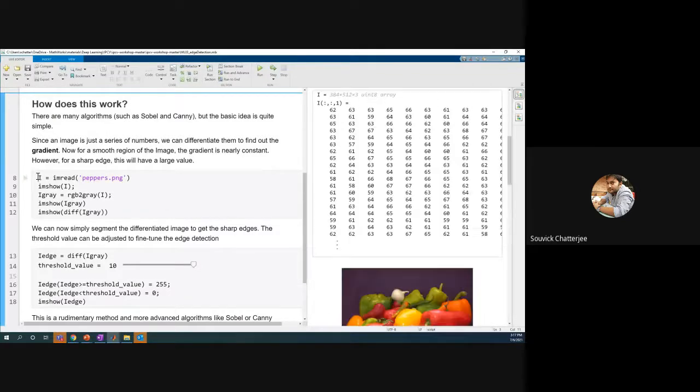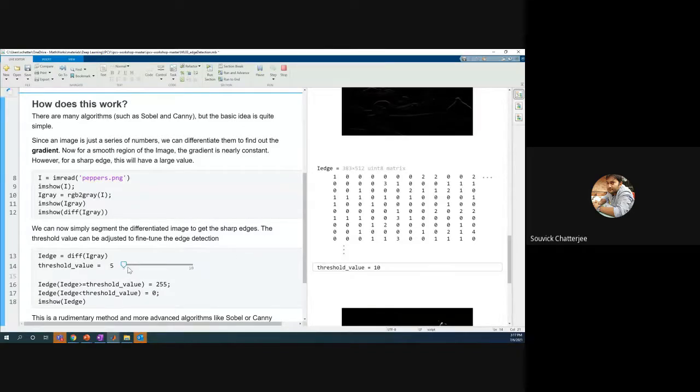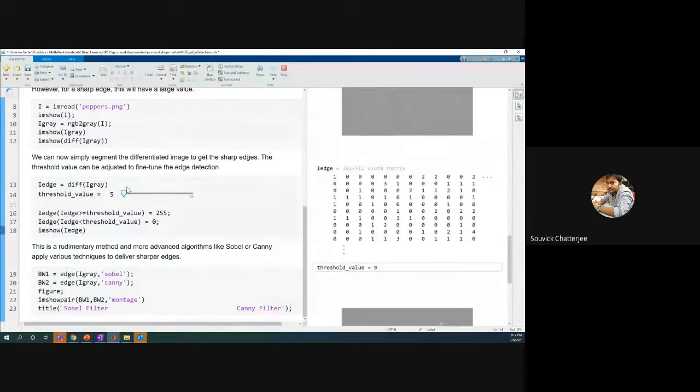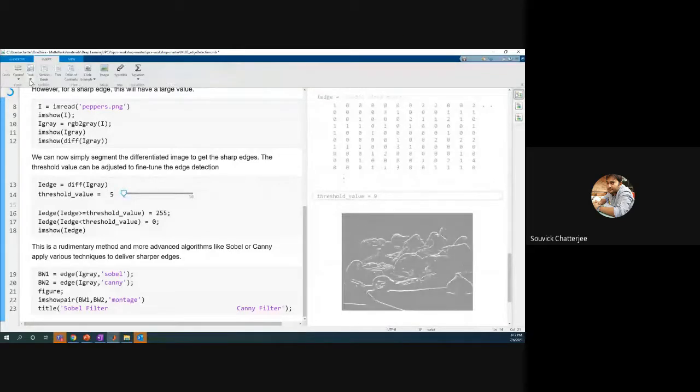Say if you look here, we are reading the image, converting it to a grayscale image, and if I just run this, you can see this is the grayscale image. Then if I want to do a thresholding, one of the interesting things in LiveScript is you can put in all these types of interactive stuff. This is like a slider. If I go into Insert, you can see there is a slider that you can put in, all this type of interactive things.